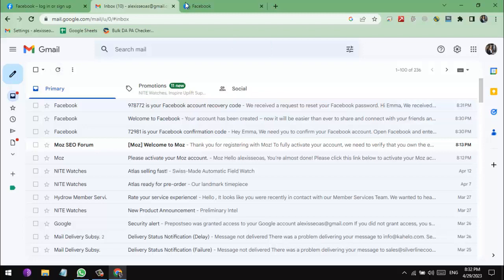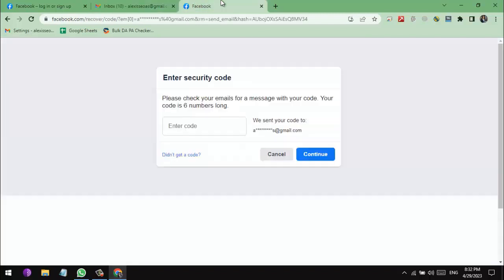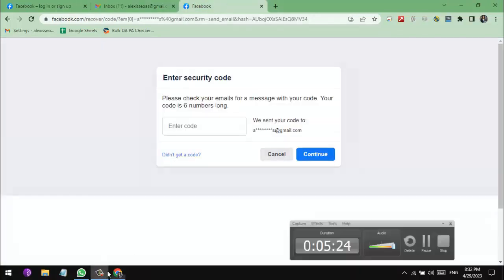Tips for creating a Facebook account. Here are some tips to help you create a Facebook account. Choose a strong password that is